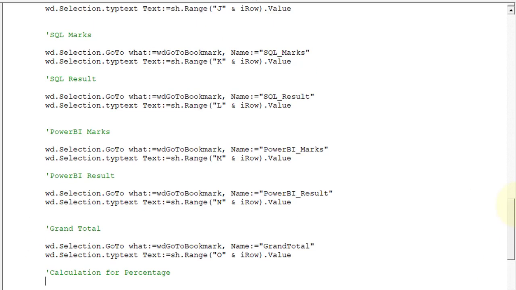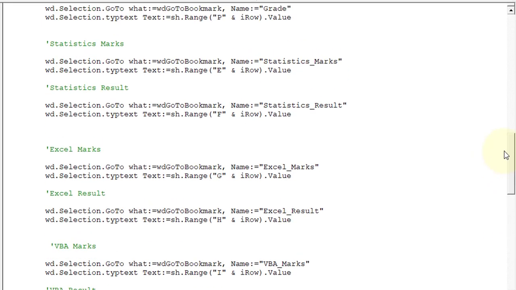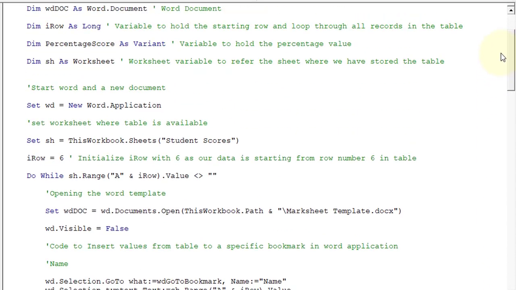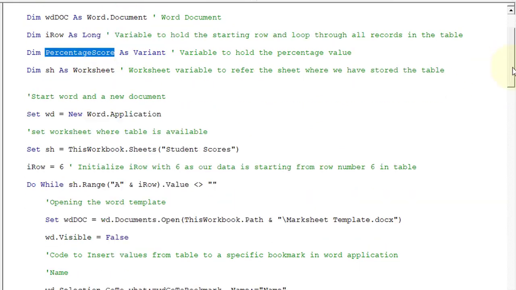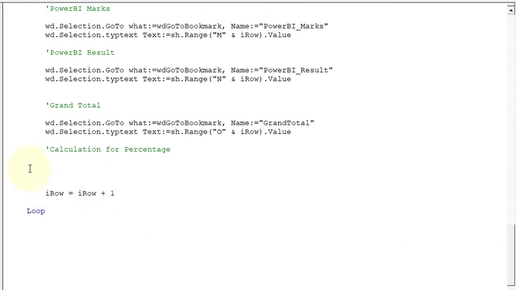Okay, let's move up, and here you can see that this is the percentage score we have already declared to store the percentage. So let's copy and paste over here, and this is equal to our grand total value, which is available in O column, right? So this is O,